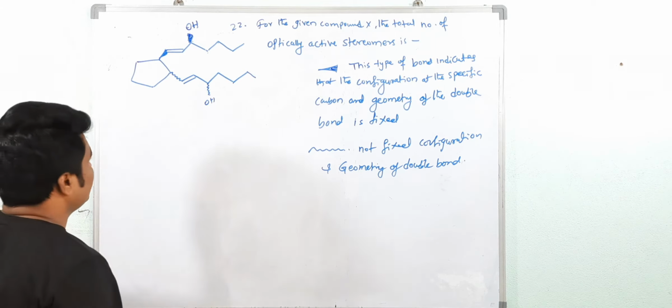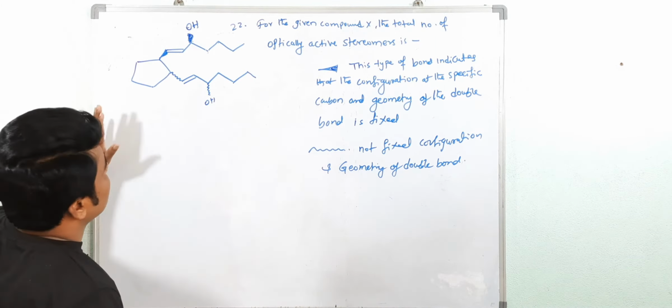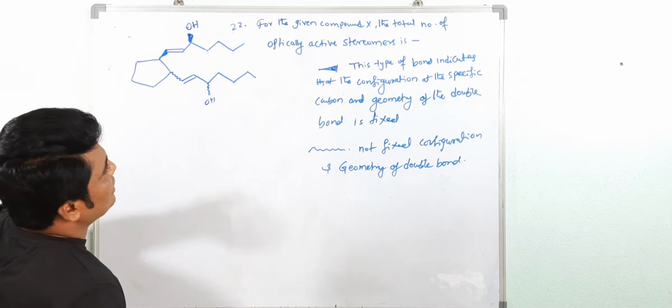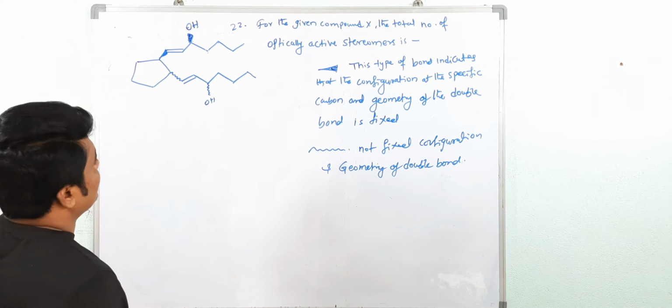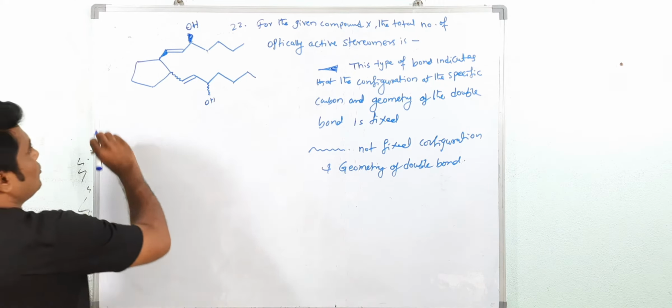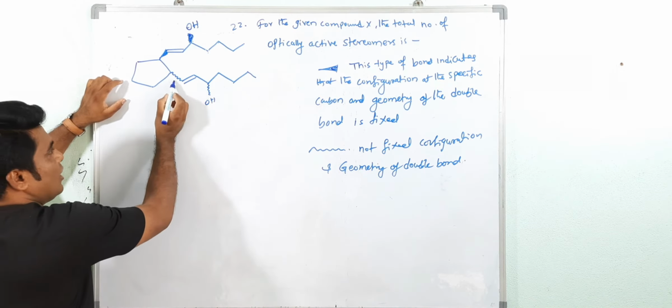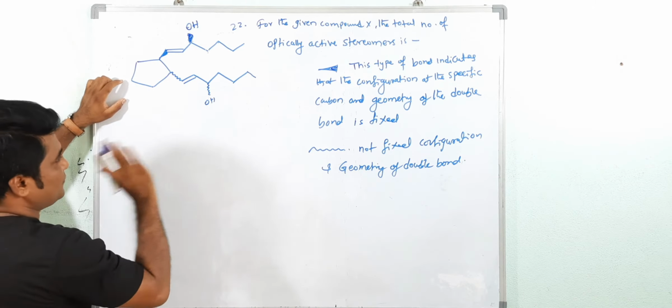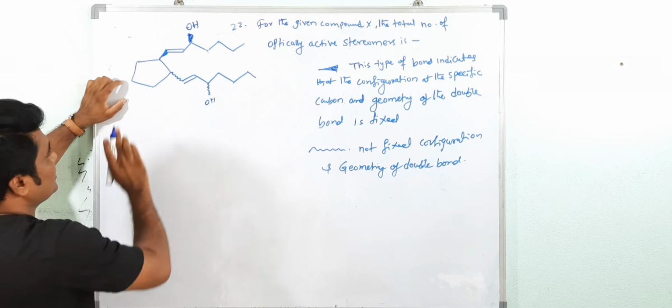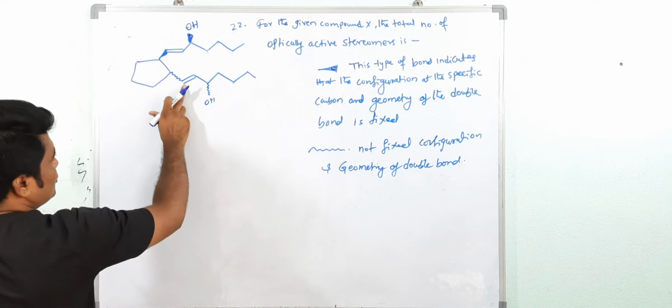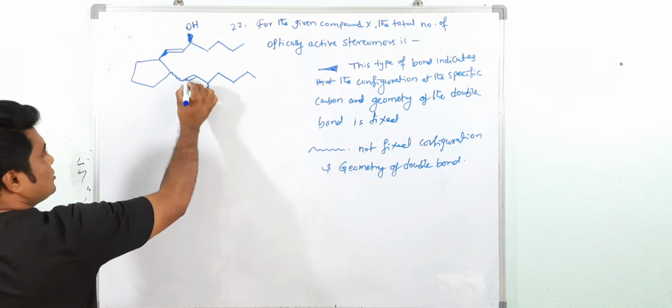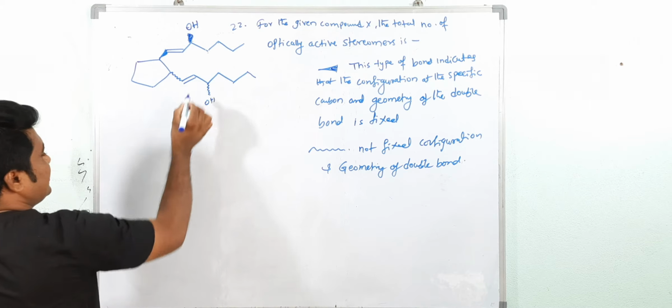Now see, you will write the question. So how will you solve this question? Total number of isomers, optically active isomers. So how do you solve? First you can change this one. So I will put this arrow above the plane first. Both are above the plane. Okay. See, the geometry of this pi bond is now trans. See, opposite direction, higher priority.